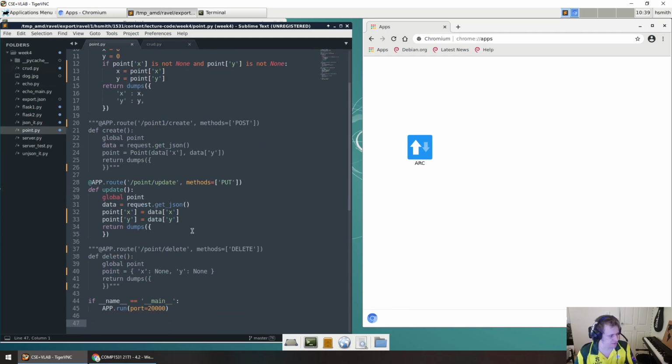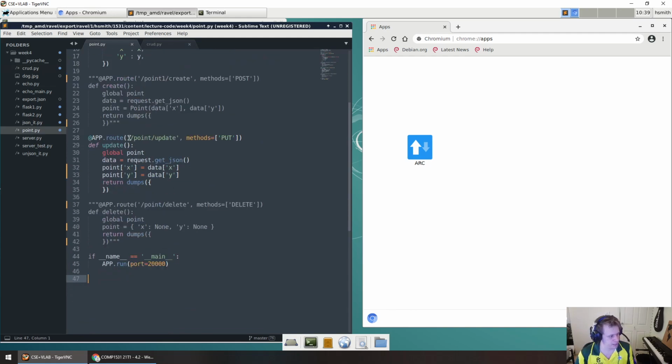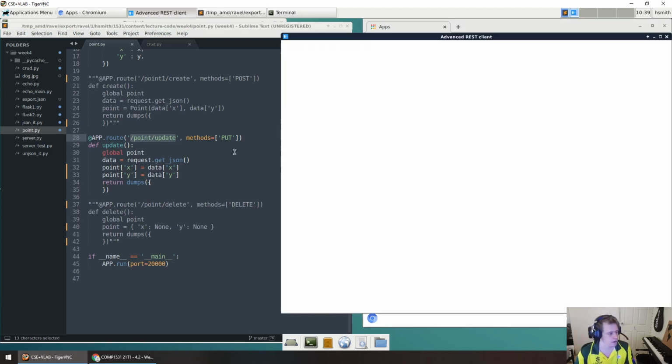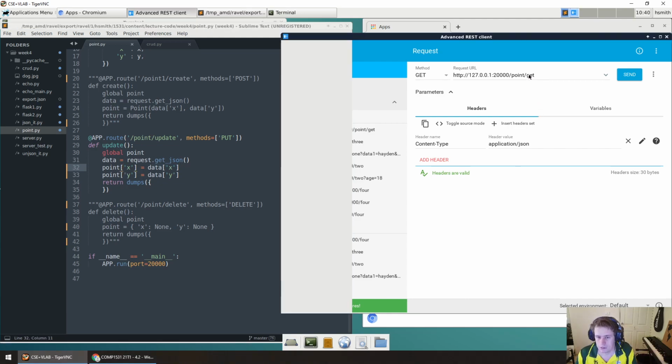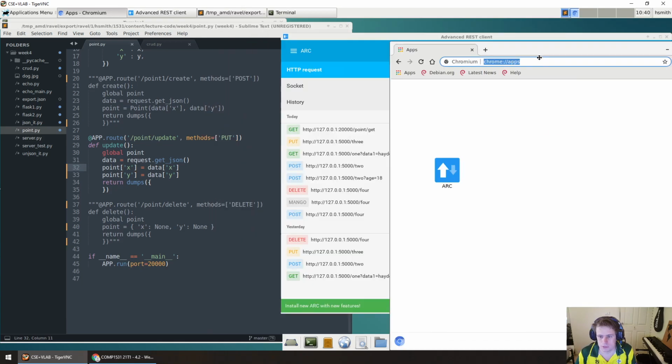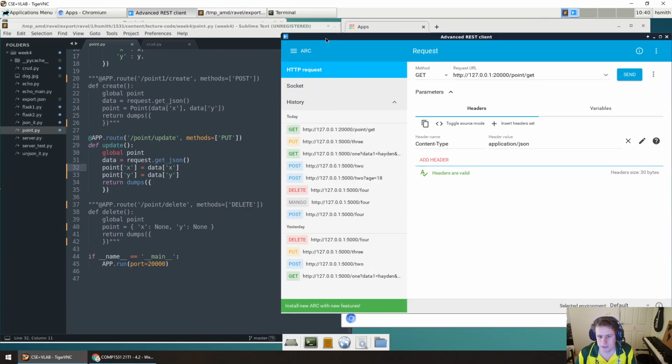Okay, let's just have a chat through this. So basically, when I call /point/update, which is another URL, another route, on the put method, I'm going to give it a body of JSON, and that JSON is going to have an X and a Y key in it, right? And then I'm going to set my server's point X and Y to be equal to what's passed in. So what I mean by that is,